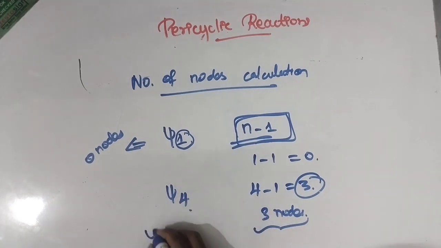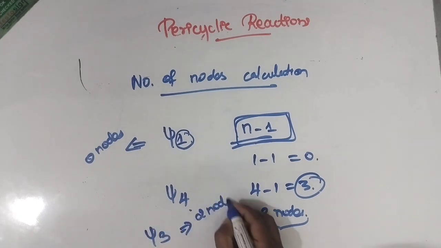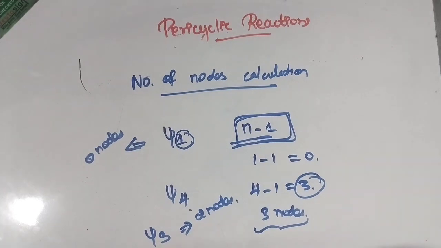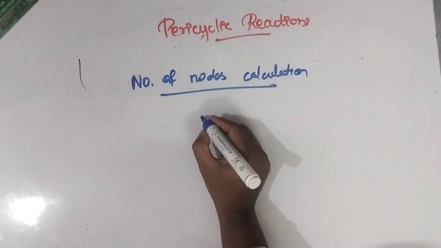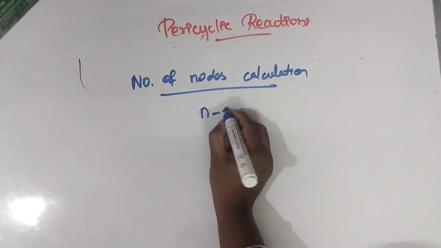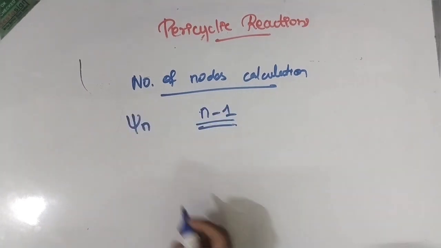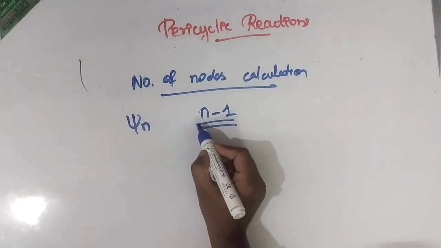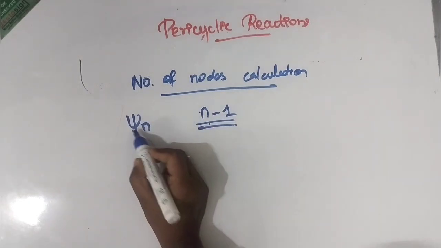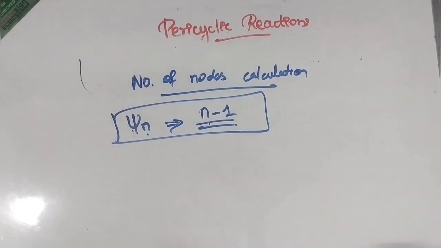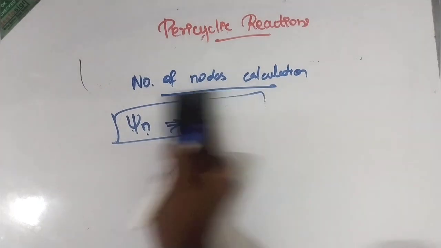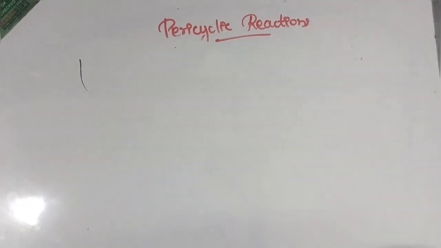If I am asking for psi 3, then what will you do? 3 minus 1, it has 2 nodes. This is how you have to calculate. Very simple. If they are asking the number of nodes, then just use the formula n minus 1. If you are having psi n, then use n minus 1. But they will not ask you as simple as such. They will give you the question like